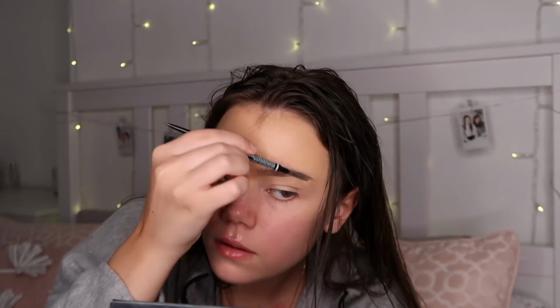Whoa, we've gone full on Simpson in the forehead department. It's crackhead hour, ladies. For my eyebrows I use the NYX Professional Makeup Eyebrow Pencil. This is bomb.com. Can we please leave those chunky ombre block eyebrows in 2019? Thank you very much. So the eyebrows are done, which means the hardest part of the makeup is done,